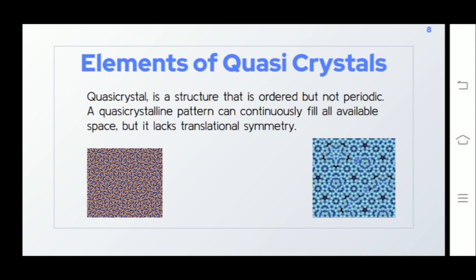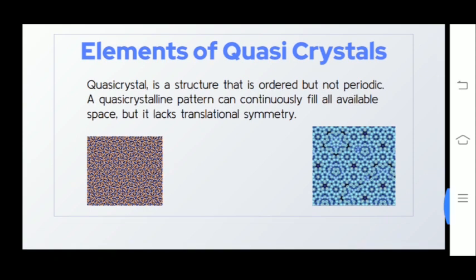Rather, quasicrystals appear to be formed from two different structures assembled in a non-repeating array. The three-dimensional equivalent of a tile floor made from two shapes of tile and having an orientational order but no